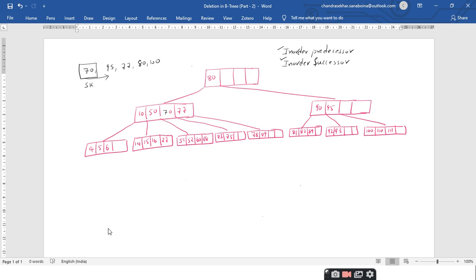So let us go with the first case, that is 2.1 in our algorithm. The case 2.1 is the in-order predecessor. Therefore the key which is present in the internal node should be replaced with the in-order predecessor. In-order predecessor means the element which is the largest on the left hand side. So what is the left child for 70? This entire node which consists of the keys 51, 52, 60 and 68. Am I right or not?